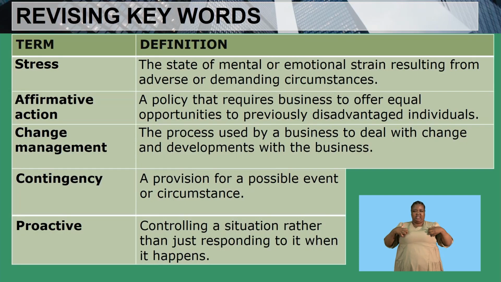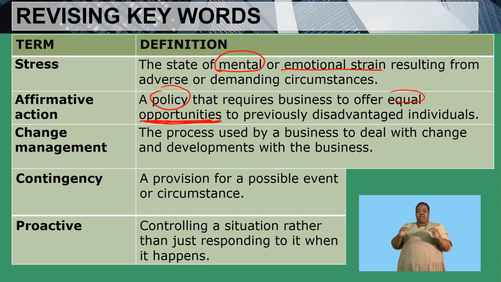Now let's quickly look at the terms and definitions that you are going to come across in this topic. Firstly, stress, which is the state of mental as well as emotional strain that results from adverse and demanding circumstances. We will also come across affirmative action, which is a policy that requires businesses to offer equal opportunities. Here is what is most important: